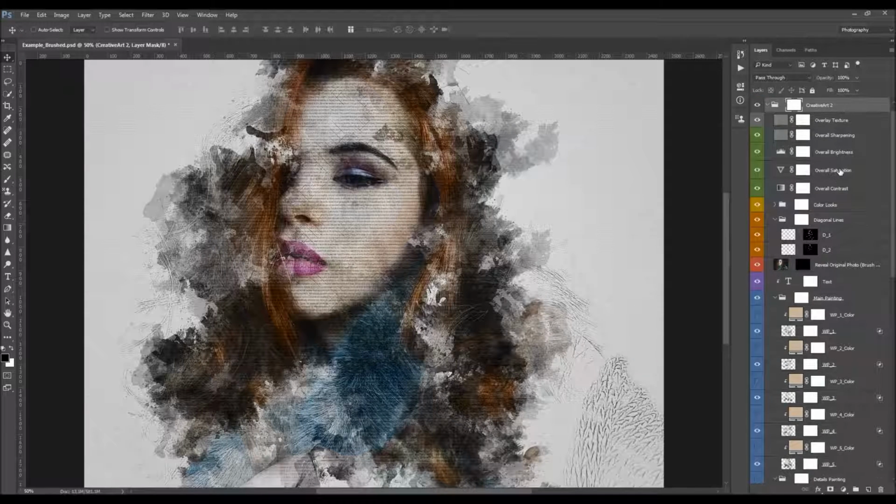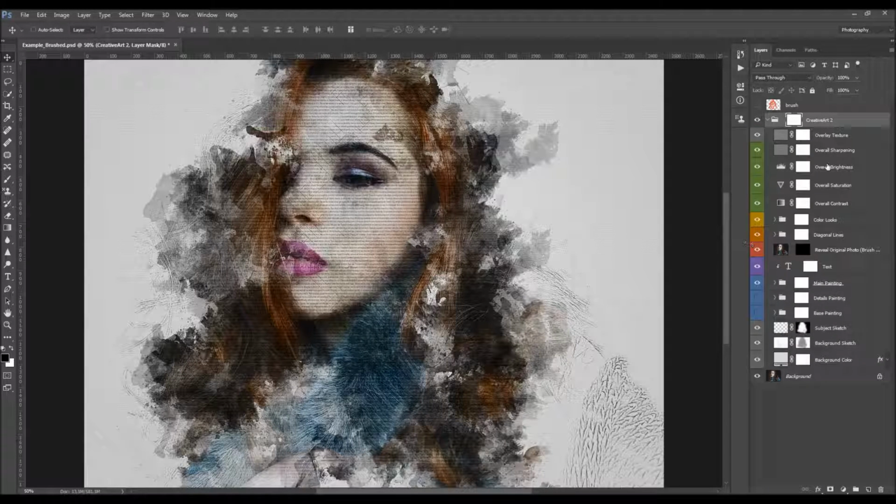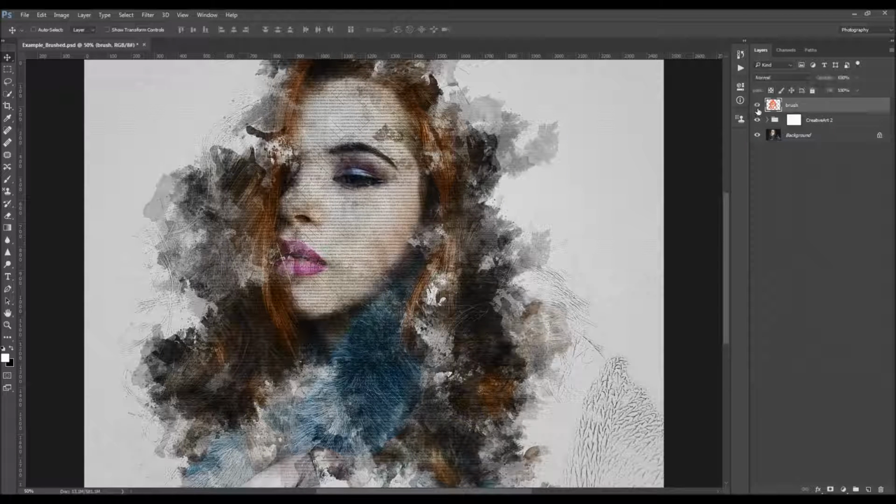And how can you quickly do that is just hold Ctrl and Alt buttons for PC or Command Option for a Mac, and while this folder is selected, and it will be automatically selected by the action, just click on this little arrow here, and that we're just gonna close all the folders. Okay, so the first layer we got here is the brush layer,